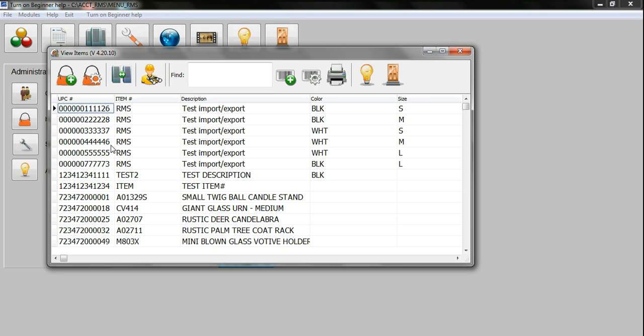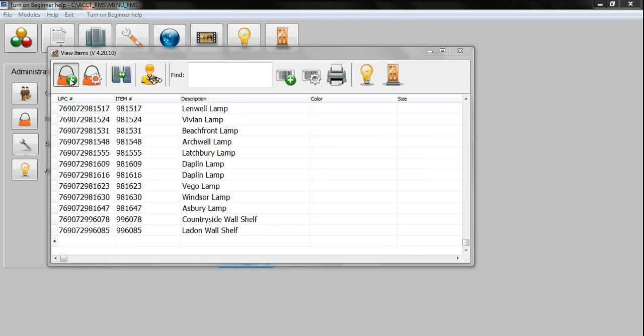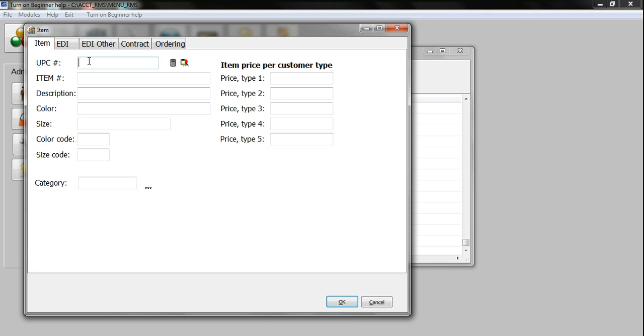So if you want it on the printed PO and in the order, by all means set up your UPCs in here. This sets it up one by one. In utilities, there is a way to do an import. Check the notes or the video on how to do that in utilities. Here I'm going to click on the plus, UPC number. Okay, for an item number, I'm just going to fill in